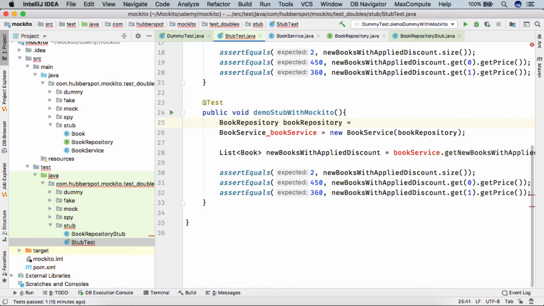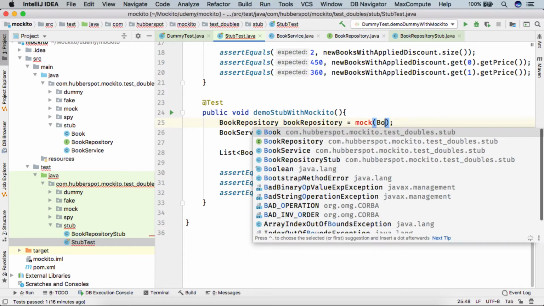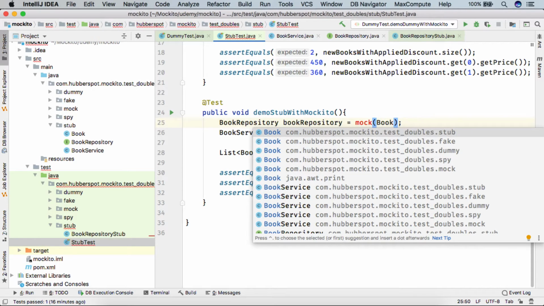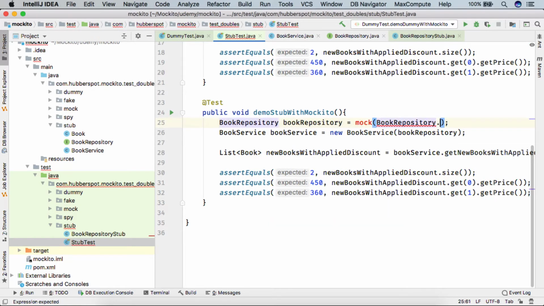So how can we do this? There is only one method, mock, and we can provide the class here, BookRepository.class, and we'll simply import the Mockito.mock method.